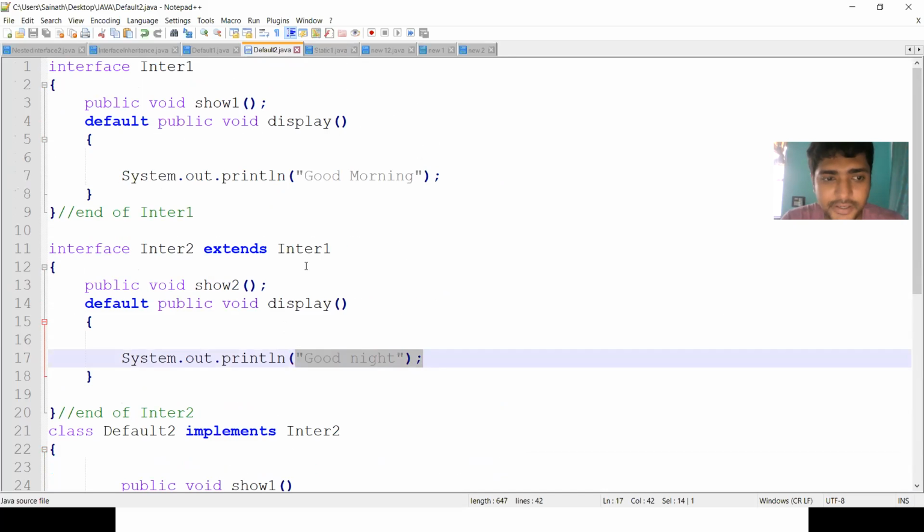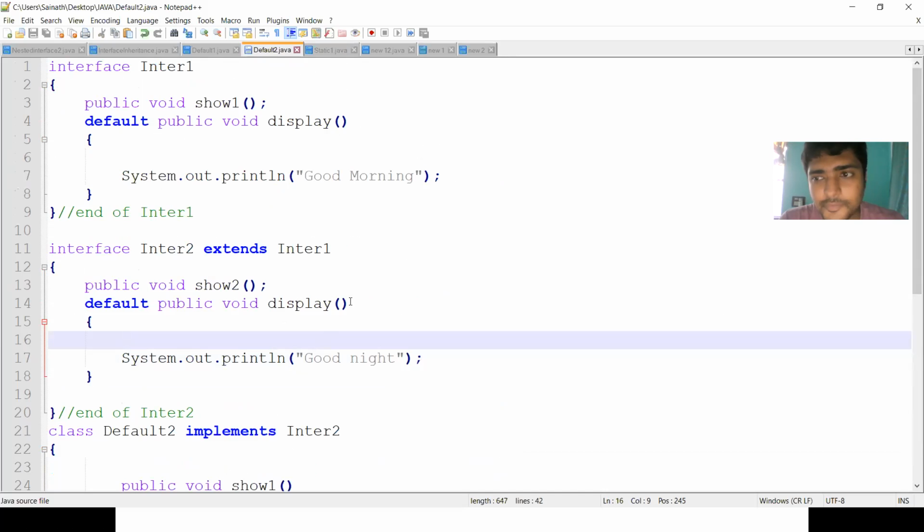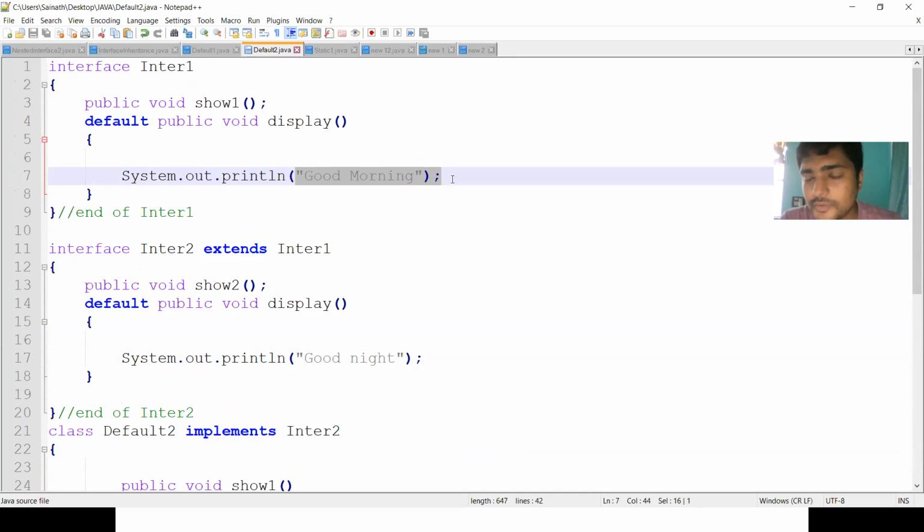The compiler executed the most recent one, that is the sub interface. Then if you want to display the superclass method also, that means the base interface, good morning also, how can you implement that? How can you display the interface 1 display also? Any idea?